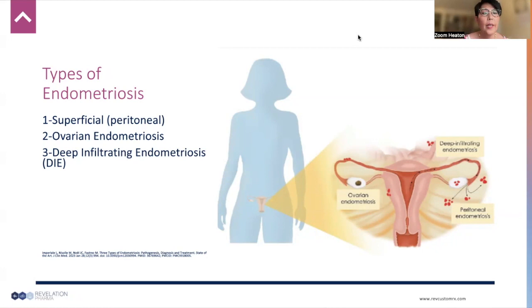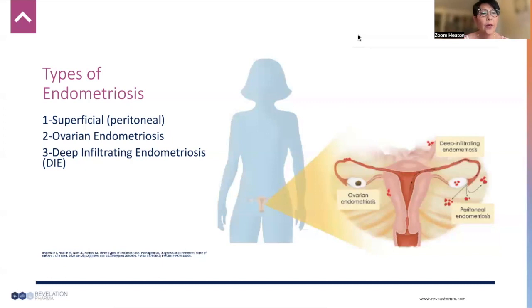And usually this cannot be palpated on clinical exam, so it's difficult to visualize on imaging, and diagnosis is by laparoscopy. Ovarian endometriosis, also known as ovarian endometrioma, is located on the antimesenteric surface of the ovary and causes adhesion to the posterior peritoneum. And the cyst wall is white or yellow, and it's filled with chocolate-colored fluid, hence the name chocolate cysts. And when it's large, it can be detected on a pelvic exam.